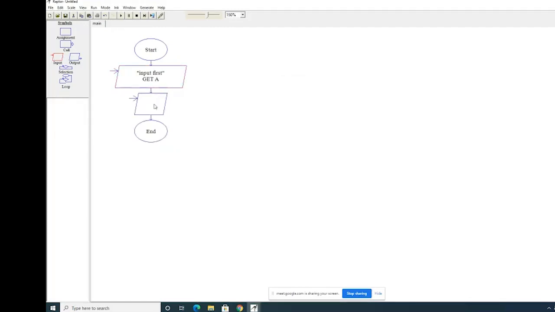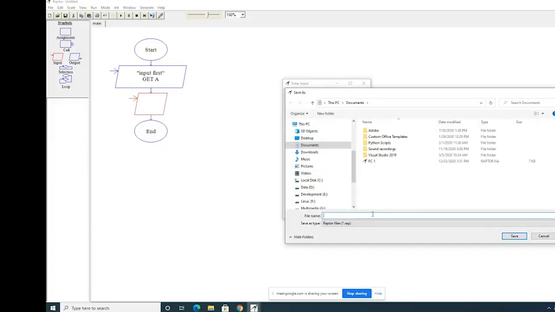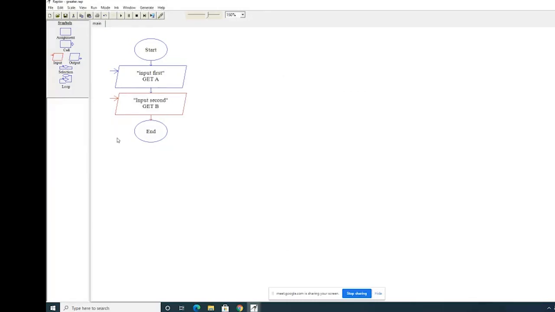So input first, and now I am taking another input box, input second, and below it I will add variable b. It is asking me to save, so I am saving it. So input second get b.